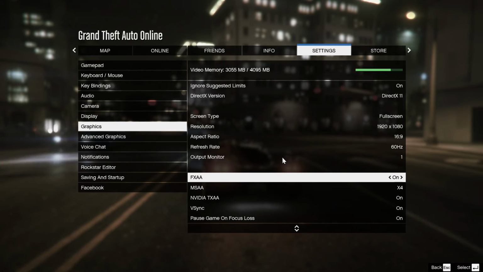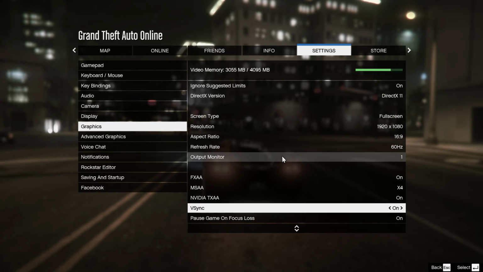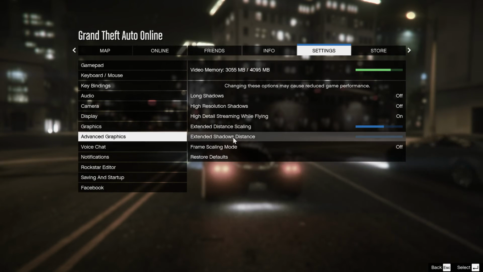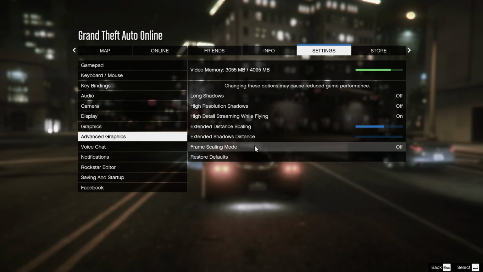And this is how you find out. This is how you get to the point where I'm at with hardware that maybe people don't think can run this game as well as it can. So the settings are really important. And like I said, everything's on very high or ultra. With the GTX 970,